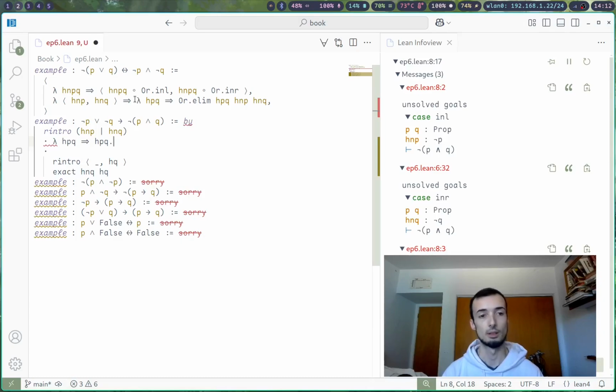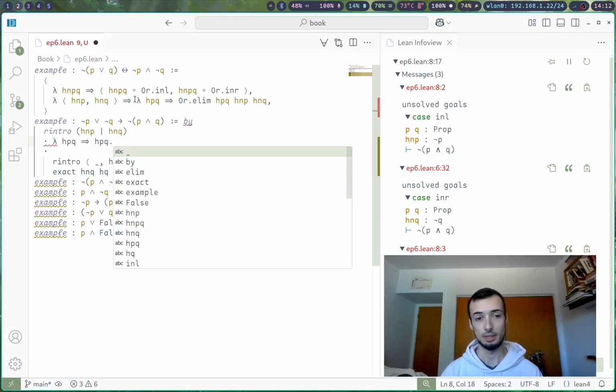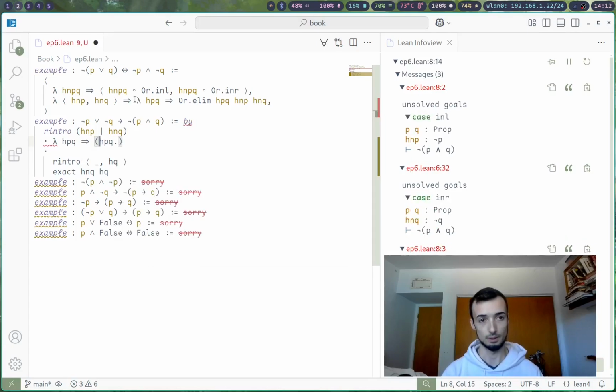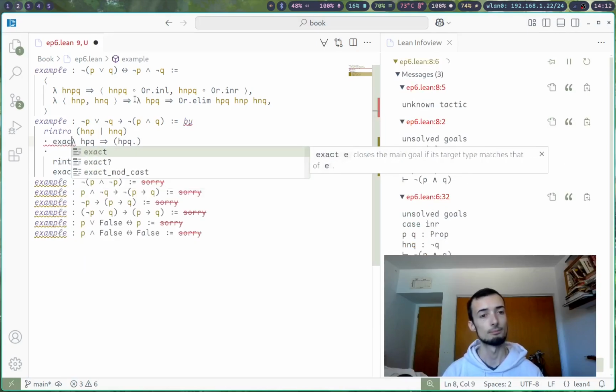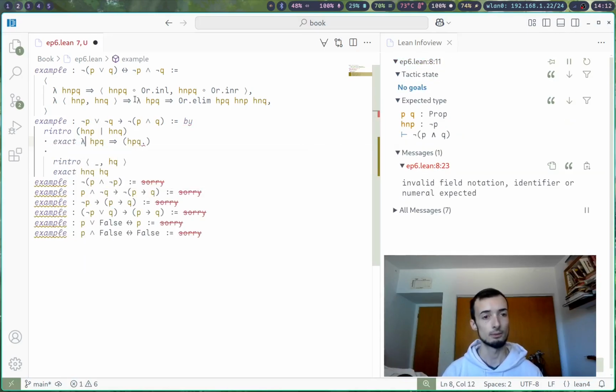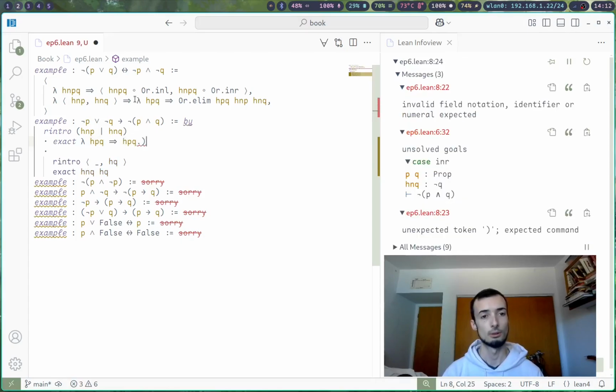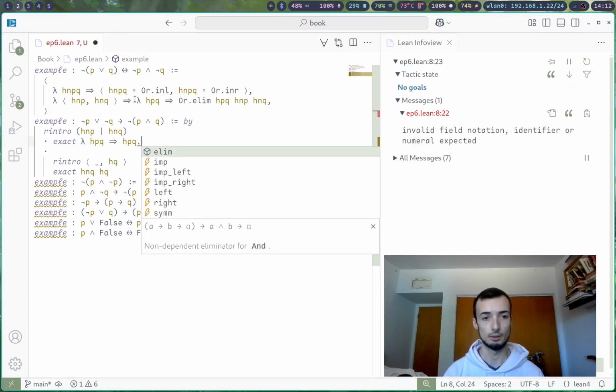There are no objects in functional programming, just classes and definitions, and not the classes from object-oriented programming. So HPQ, and then we can hit control space here, or at least we should be able to hit control space here to see what's available to us. Unfortunately, we're getting a little bit of an error, and that's because we're in tactic mode still. So we'll say exact. Now when we do control space after the dot, we see our elim is our first